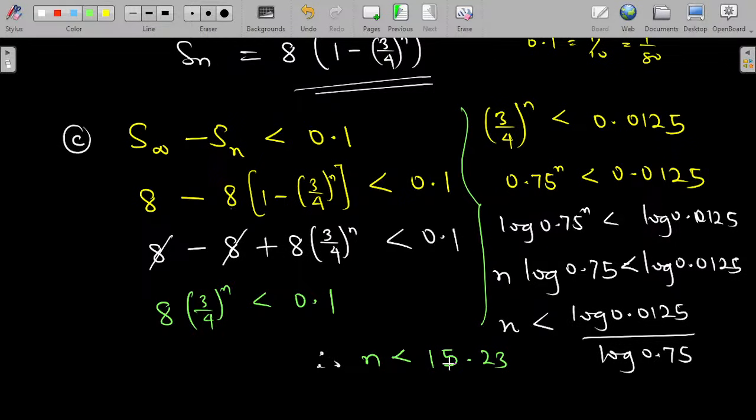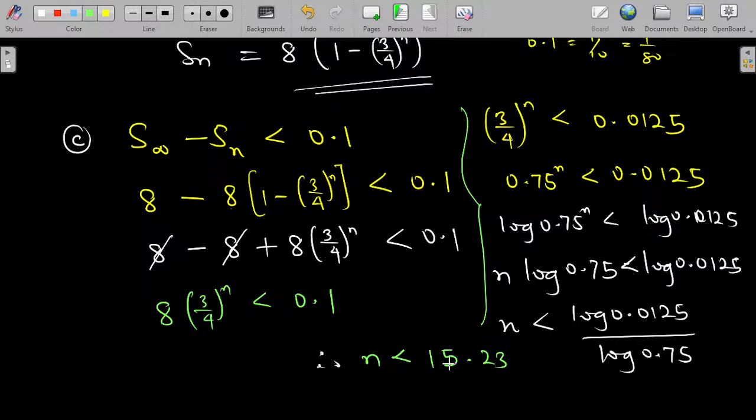So you have log of 0, first of all, 1 over 80. Yeah, we are correct. So log of 0.0125 divided by log of 0.75. Yes, it is 15.23 approximately. Right? So what that does for us is that we can now determine the value of n,